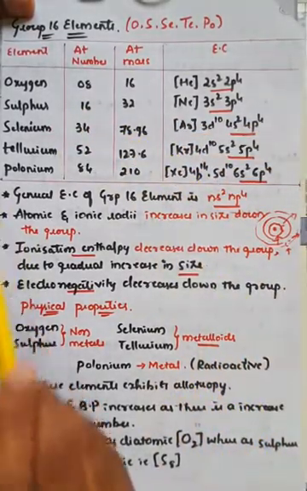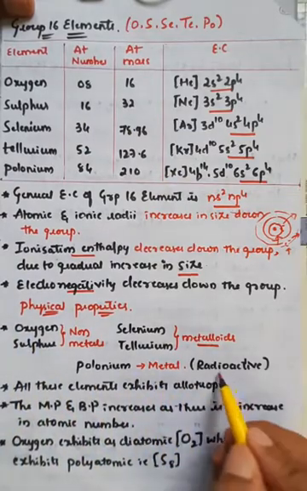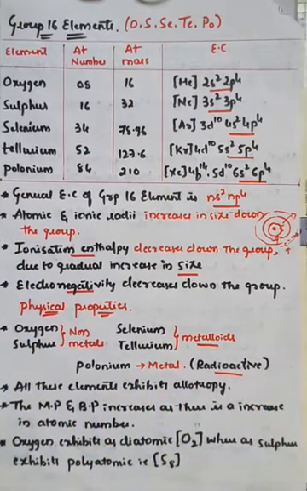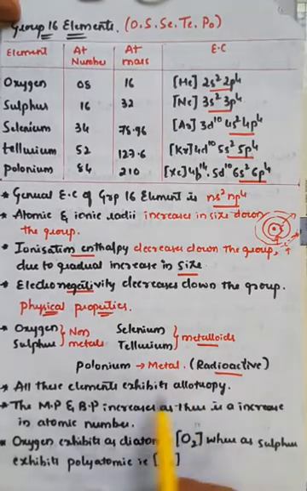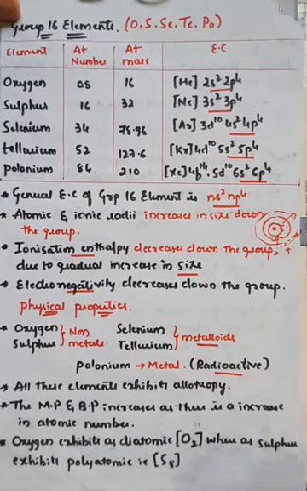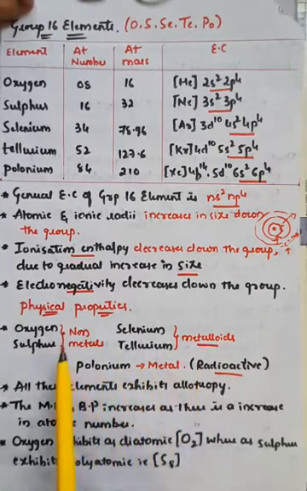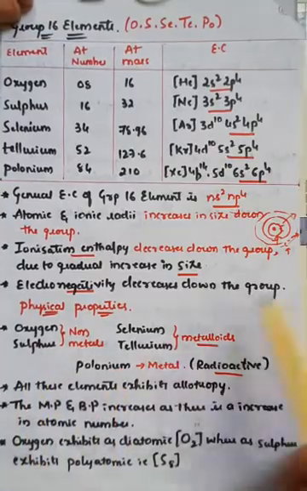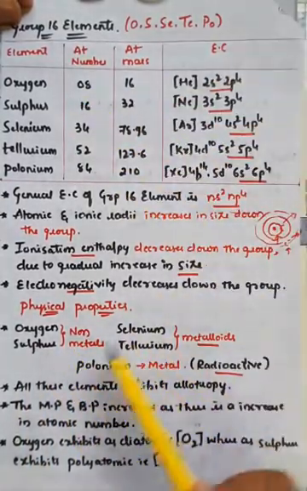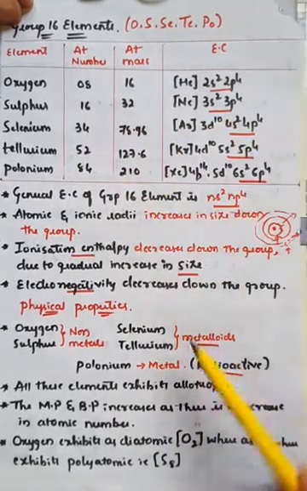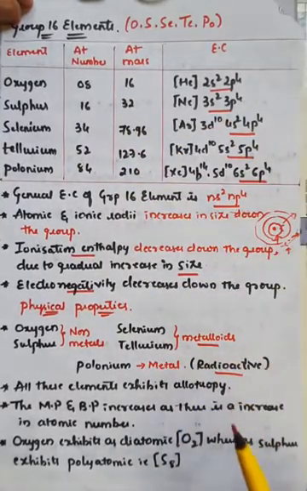the last one, polonium, is a metal, and it is radioactive, right? So it can give different kinds of radiations. These are generally called radioactive elements that we have already studied, right? In your first few classes as well as in your 10th, what is radioactivity, what are the uses of radioactive agents. So polonium is the only metal in the 16th group. Oxygen and sulfur, the first two elements, are non-metals, and selenium as well as tellurium are generally recognized as metalloids.